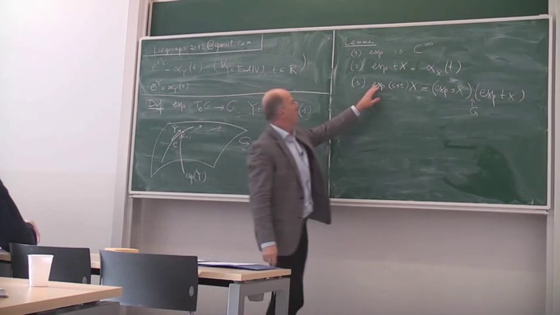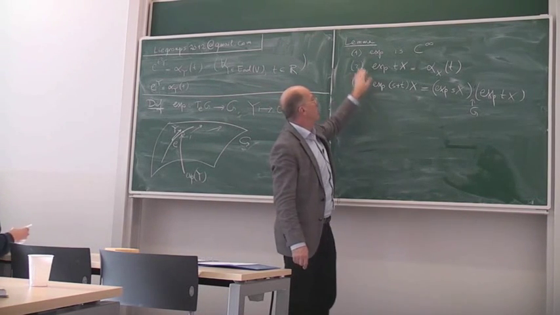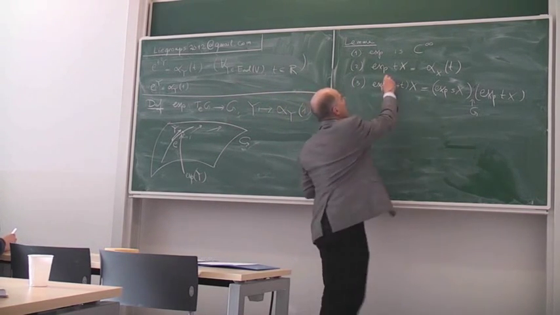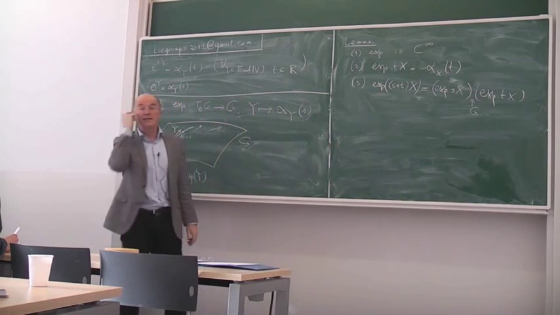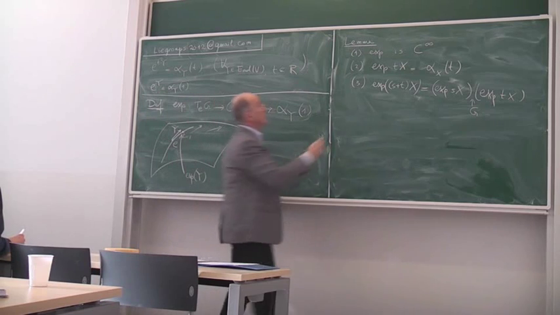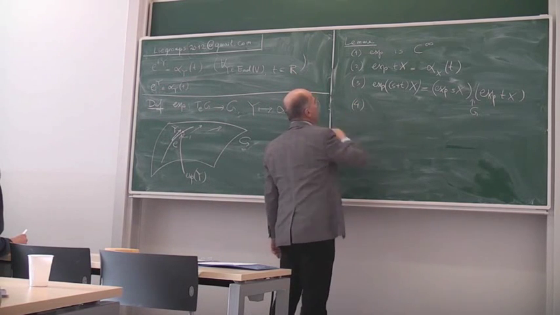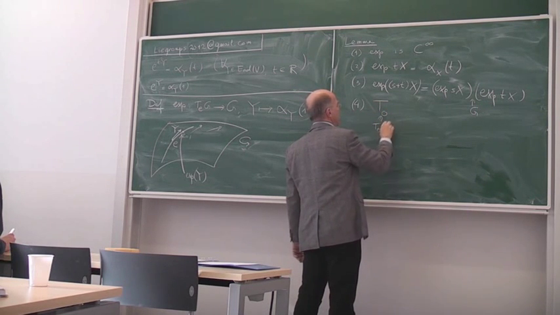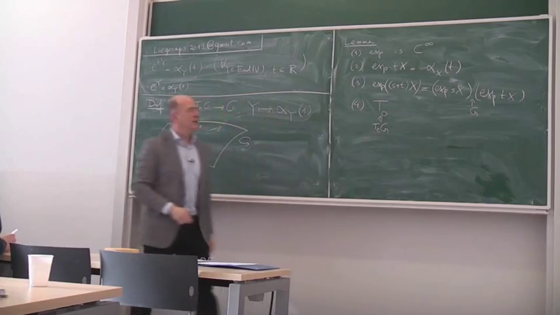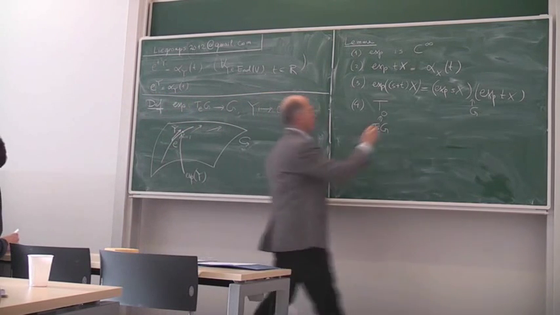Now this is of course an immediate consequence of 2 because we know the same equation for alpha x of t. Right? Alpha x is a one parameter subgroup. For 4, the tangent map at the 0 element, so 0 is an element of the tangent space, which is a linear space. The tangent map at 0 of the exponential map